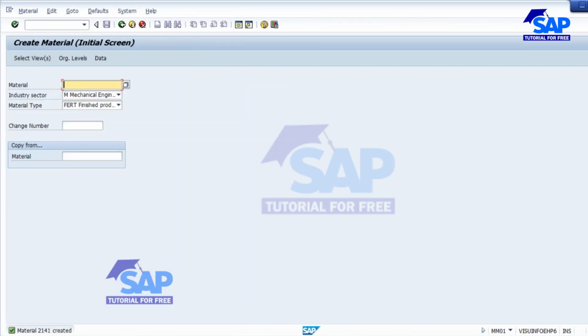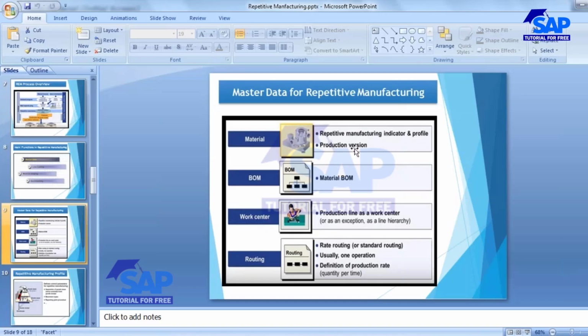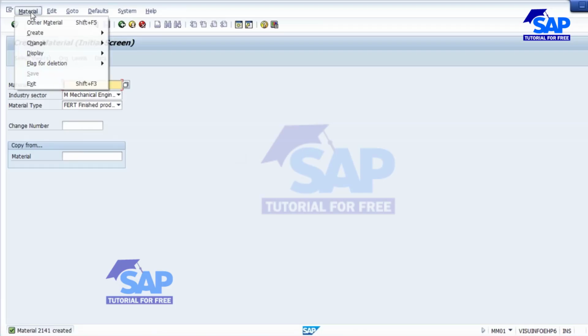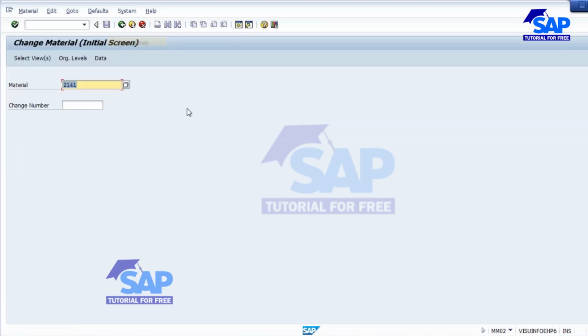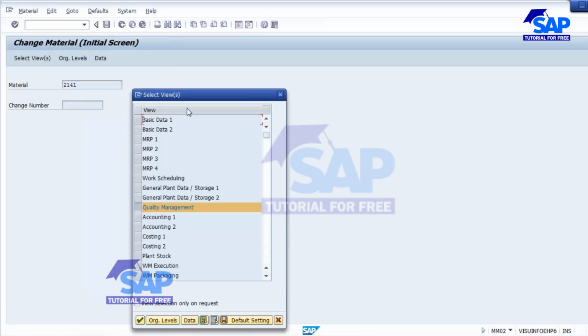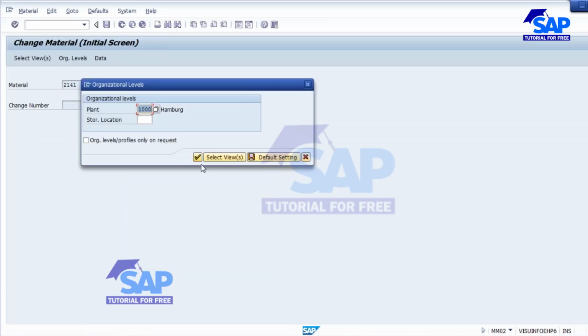Okay. So now for repetitive manufacturing, to make a product allowed for repetitive manufacturing, you need to make some extra settings in the material master. So I'll show you that settings. So go to material master, change mode immediately. You go to MRP4 view. Here you need to activate,